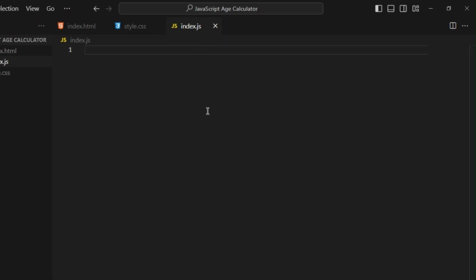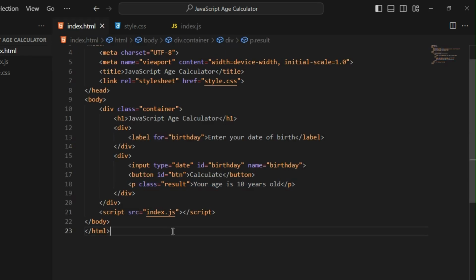So the first thing is to select or target specific elements from the HTML. That's the first step in the JavaScript. So the first one we need, I think, is this. We need to target this paragraph here, this paragraph, and we just target it by using this class